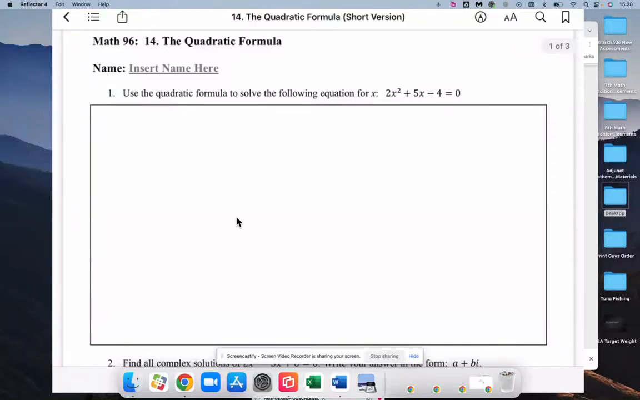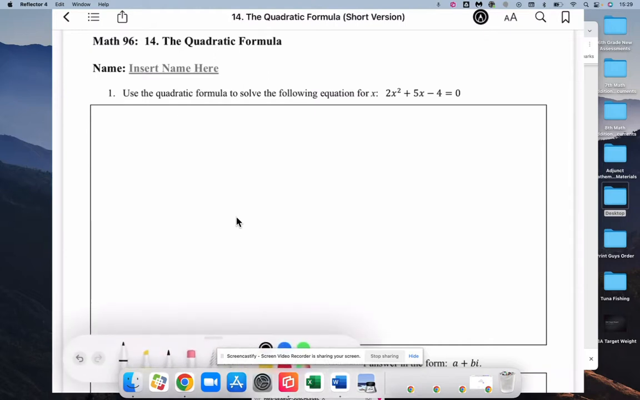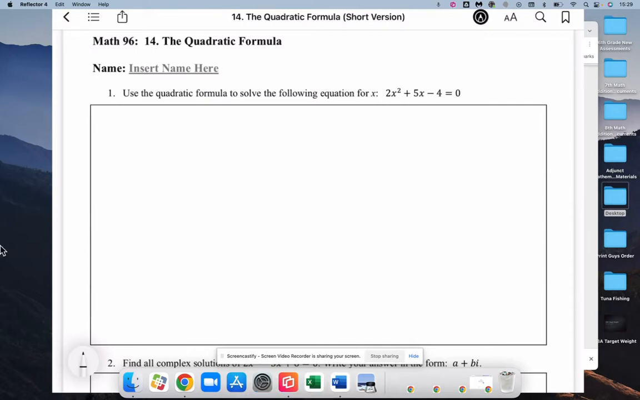Okay, and so for homework 14, we are solving more quadratic equations, but we're introduced to this thing called the quadratic formula here. And I just want to quickly explain why the quadratic formula is helpful, because in the past we've been able to solve things that look like this by doing our AC method, where we said, okay, we're